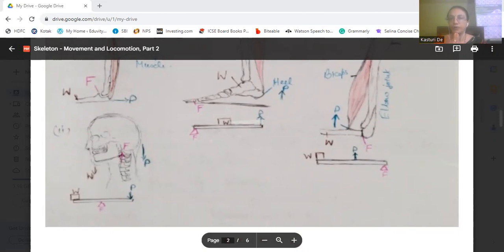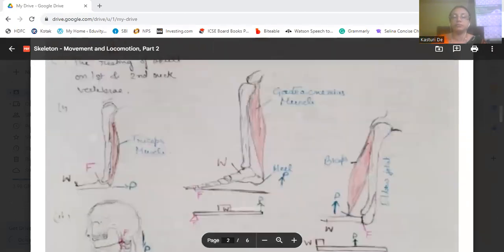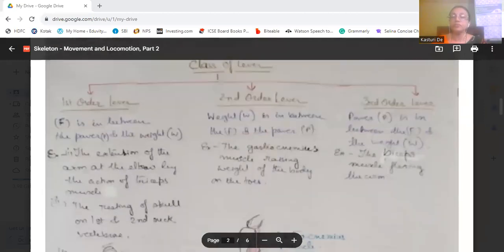So when we are pulling it down, the power is moving up, and the movement is on the fulcrum. Then when we are moving our head up, the weight is moving up, power is coming down. Movement is across the fulcrum. Then second order lever is, I told you, where the weight is in between the fulcrum and